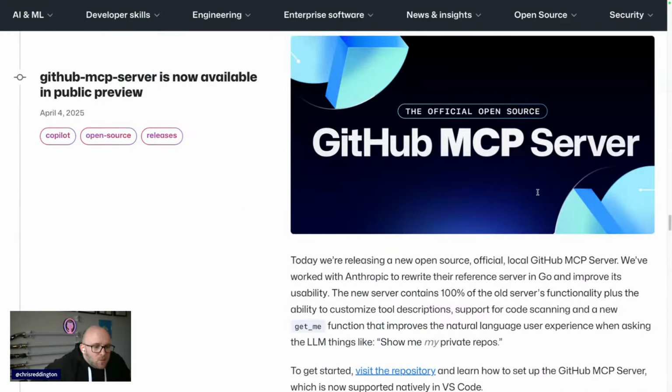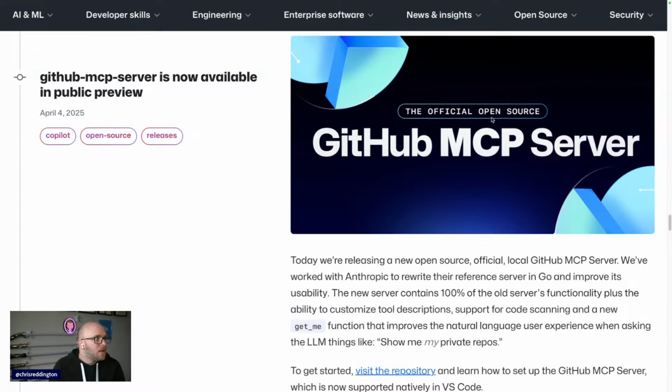Again, this is another of the big ones. We will be looking at this in a bit, but the GitHub MCP server is now available. So think about these MCP servers, Model Context Protocol, as tools that these large language models can go and use. And this protocol is a standardized way of defining what capabilities are in that tool set or in that package. So the GitHub MCP server is one of those packages that you can go and use to extend the capabilities of the AI.